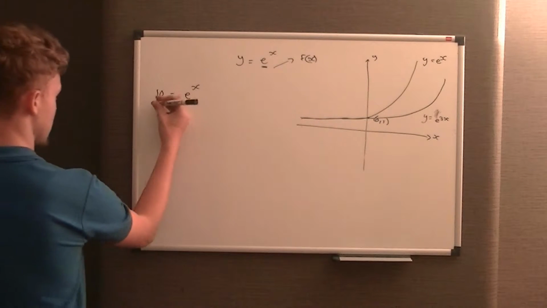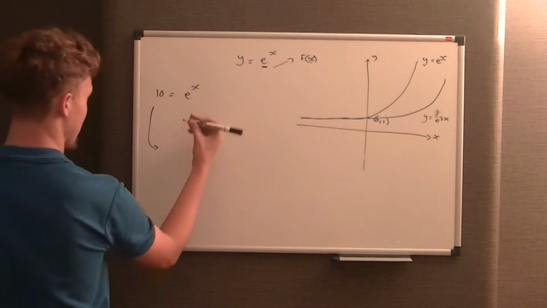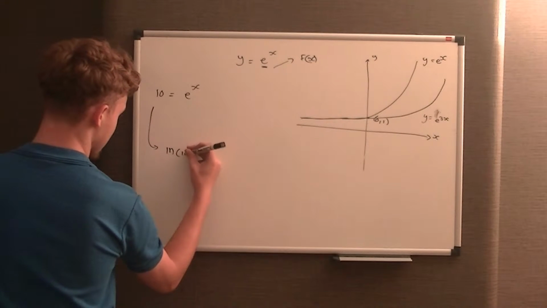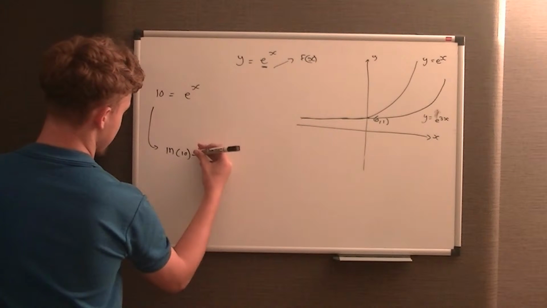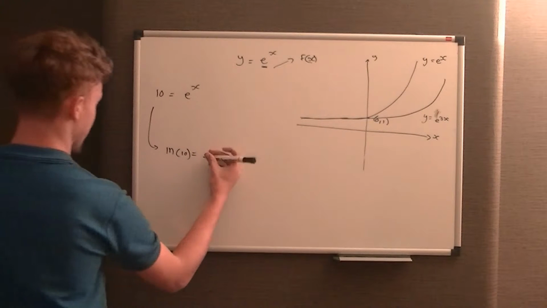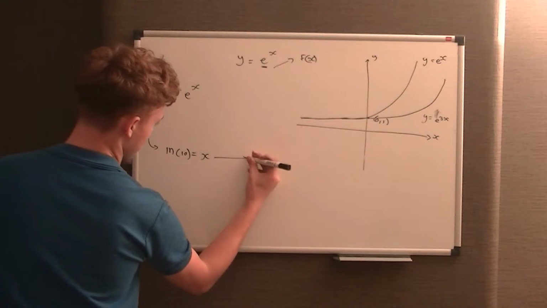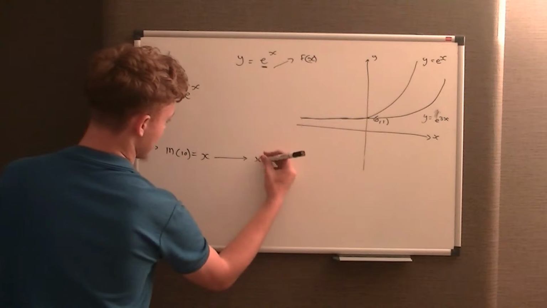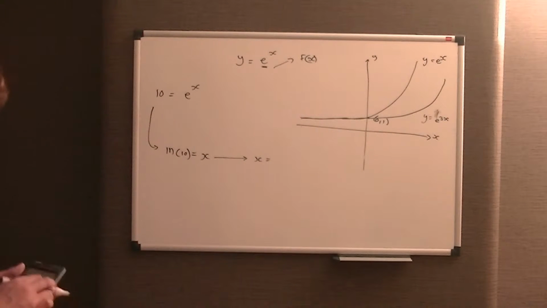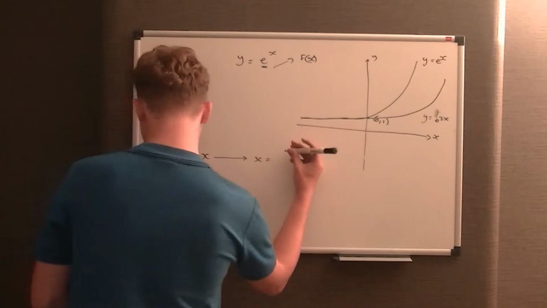What we do is we do the inverse of e to the power x, which is ln, that button I was talking about before. So if we do the inverse of this, we get x equals ln of 10, and that x could equal whatever that is. So if we do the ln of 10, and that gets us 2.30,